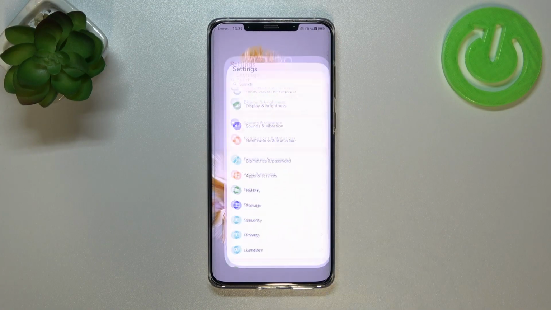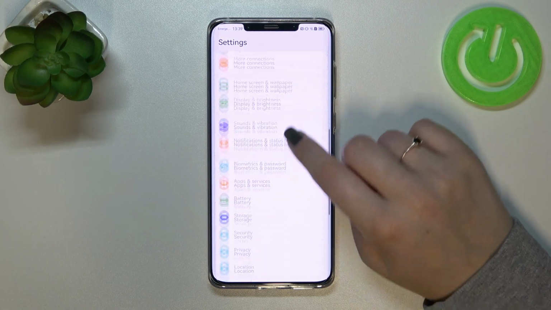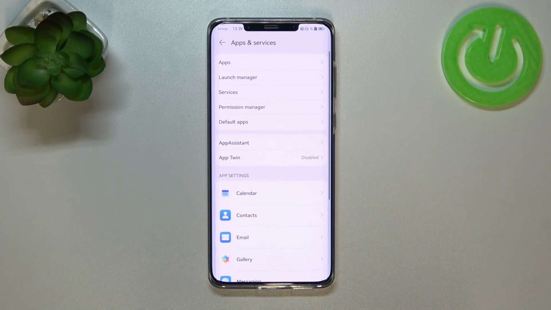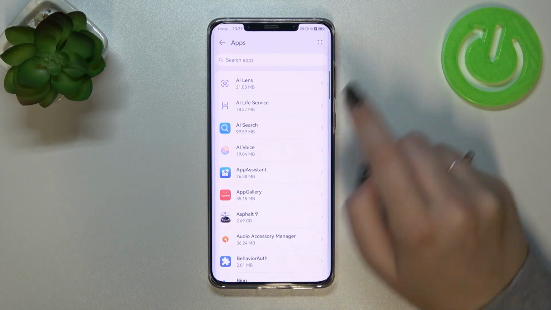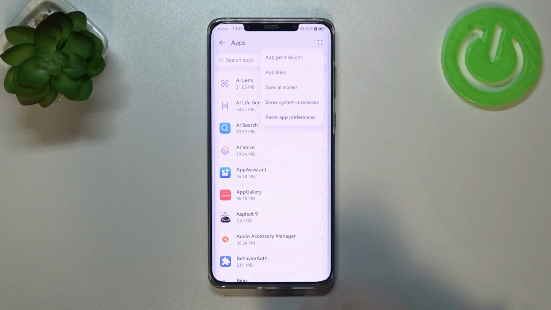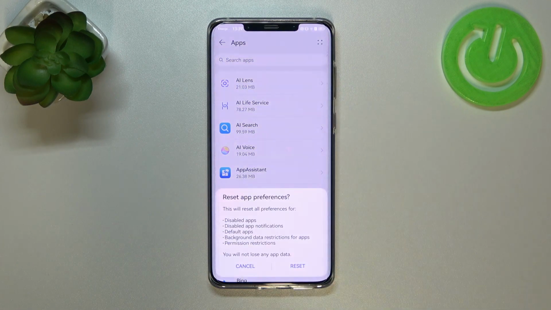So first of all, we have to enter the settings, and now let's find the apps and services actually. Now let's tap on apps at the very top and tap on the 4 dots icon in the right upper corner. Now let's tap on Reset the Preferences, and here your device is informing you that it will reset all